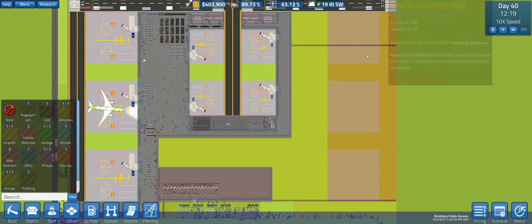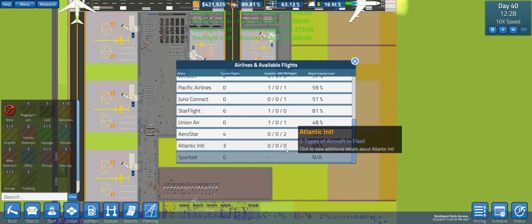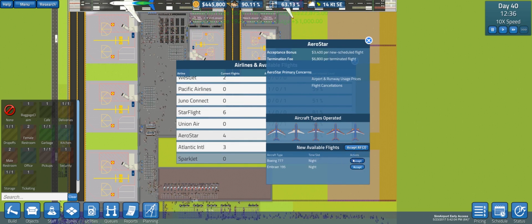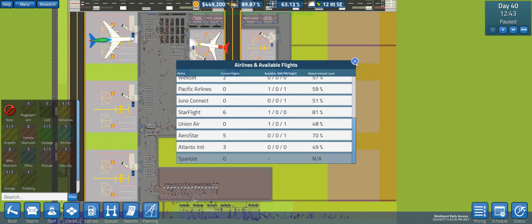I do want to grab some more of these smaller, tiny BB flights. I might just mix and match to make it a little bit easier to get some planes out. So let's go ahead and grab... Oh, we have a 777. Okay, we can grab that for sure because... Wait, we don't have another gate in. Oh, okay, I'm going to have to...